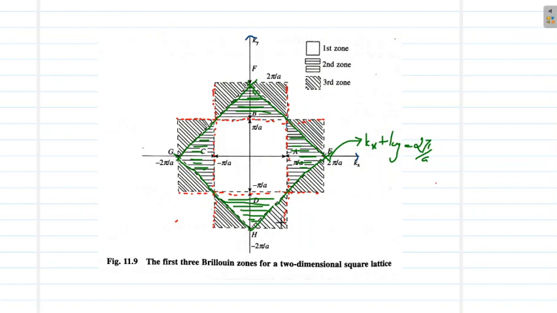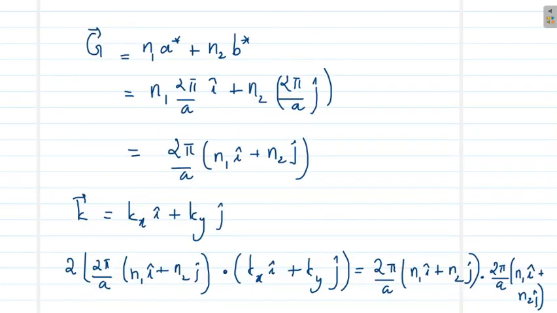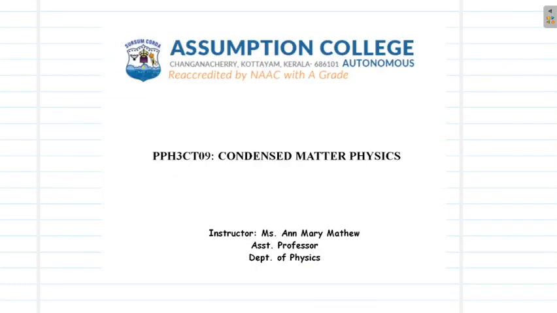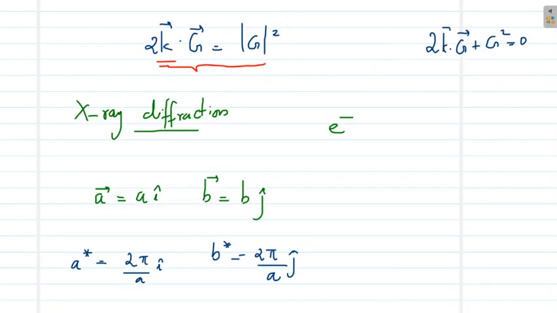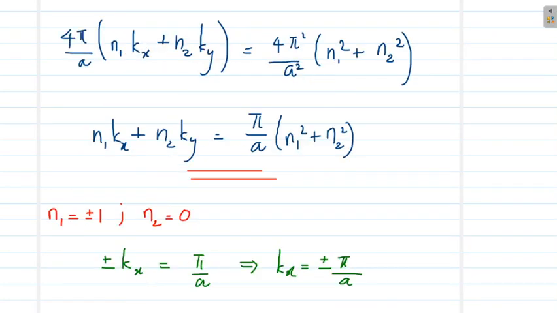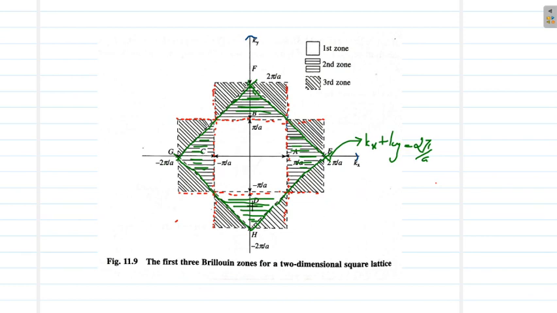So I hope this portion is clear for you. In this portion, we have assumed the condition for existence of an electron wave function, and we have defined the Brillouin zone as the permissible values of k. So we were able to plot the Brillouin zone in the one-dimensional case because we know certain k values are not allowed. Similarly, based on the Bragg's diffraction condition, we also tried to plot the Brillouin zones in the two-dimensional